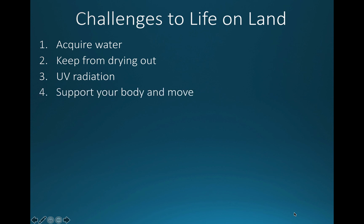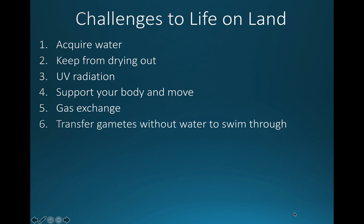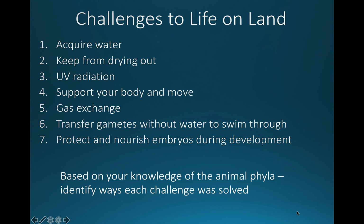The fourth one here is gravity. They had to have a way to battle against gravity and support their body and move. Gas exchange. Gas exchange had to evolve because the concentration of the gases were different on land versus the concentration of gases in the sea. As animals transitioned to land, they had to adapt ways to